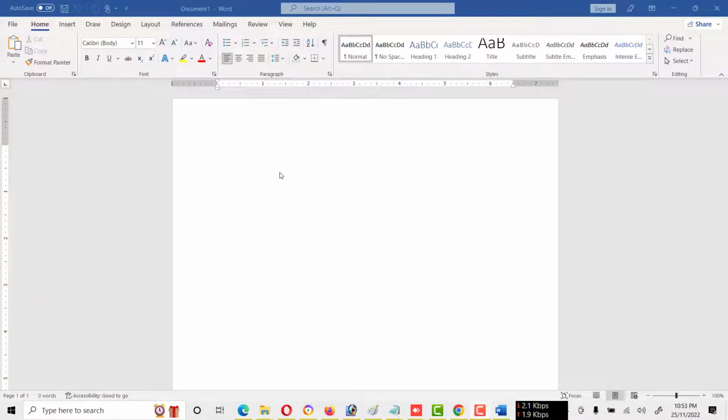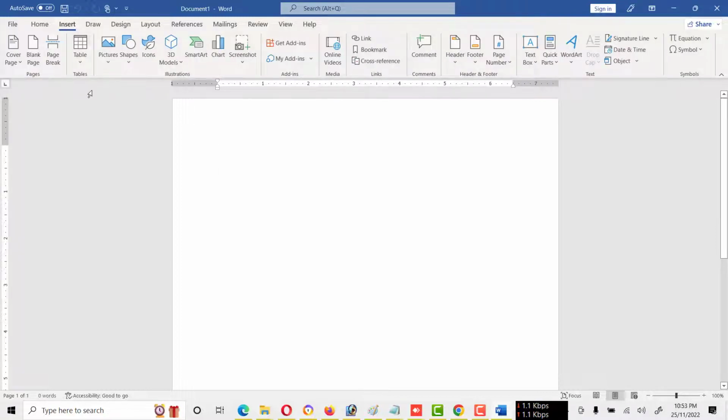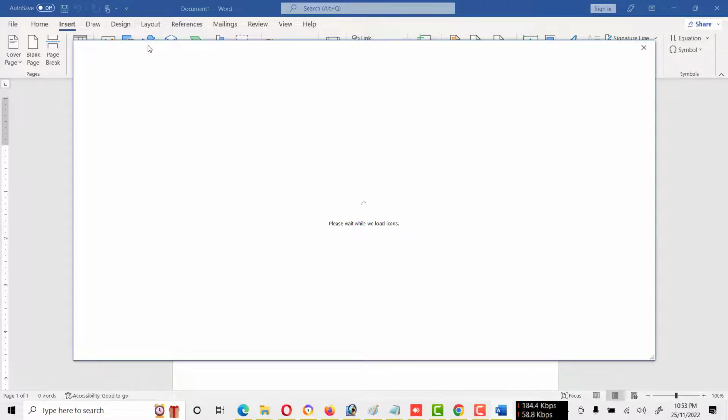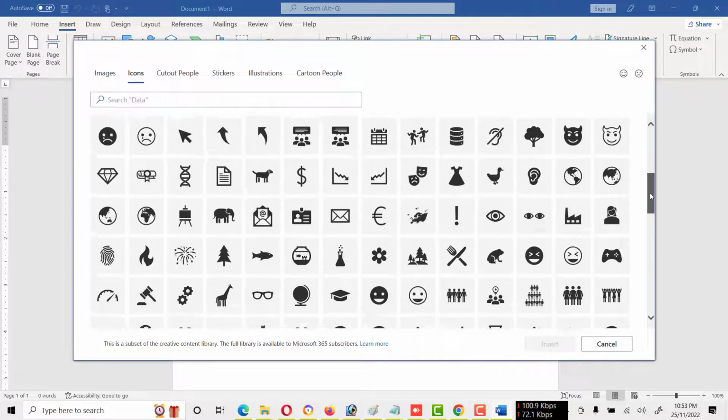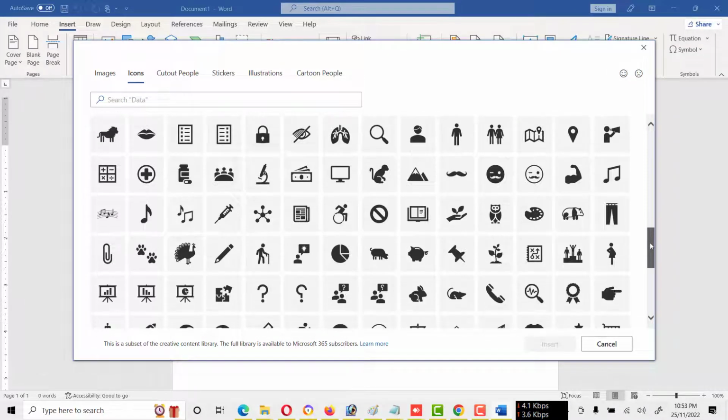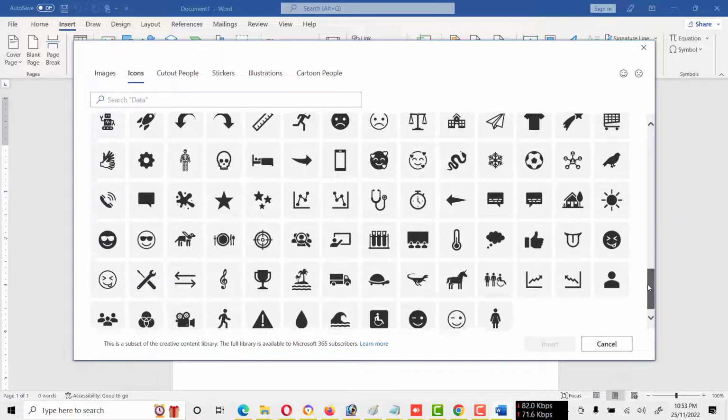Friends, after opening Microsoft Word, go to the Insert menu, and under the Insert menu, click on Icon, Insert an icon. Friends, when we click on icon, we see different types of icons available here. As you see, these are a library of different types of icons